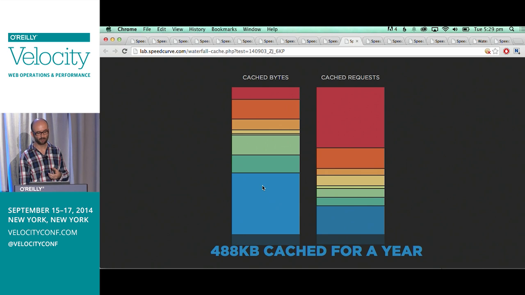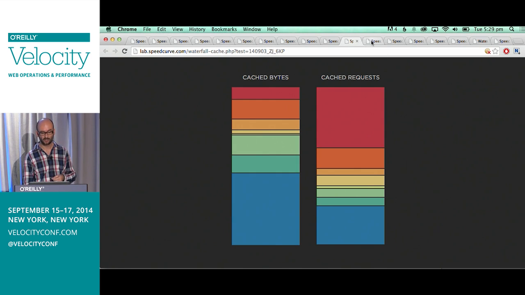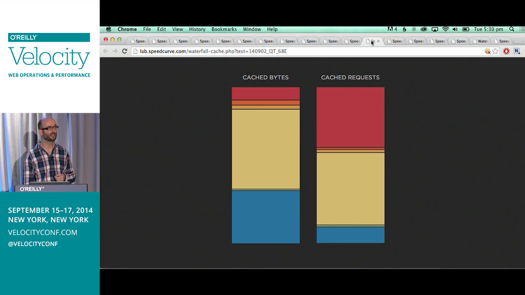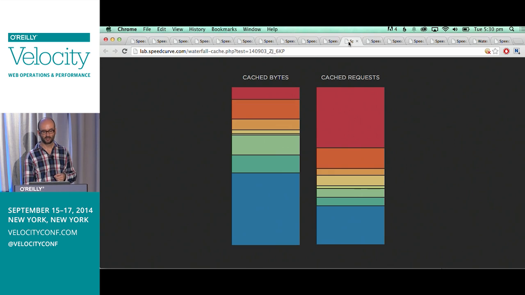So you can see here for this page that there's 0.5 megabytes that's cached for a year. And this becomes a really nice quick shorthand and can really highlight the difference in strategies between sites. So this is TechCrunch, and over here we have The Guardian. And so you can see just from these very simple visuals the difference in caching strategies that come through